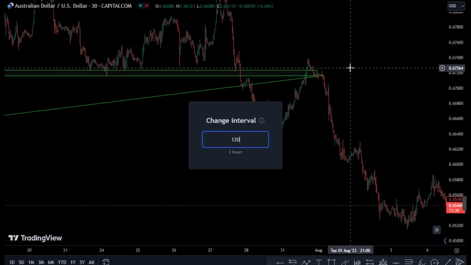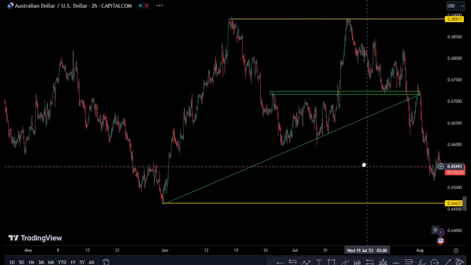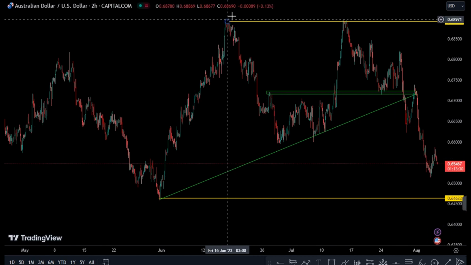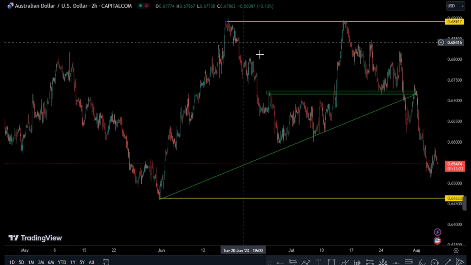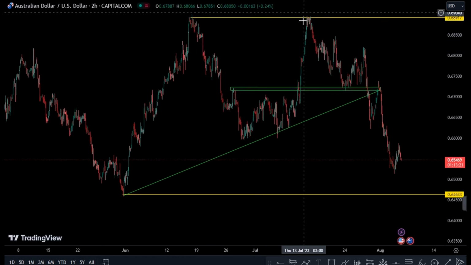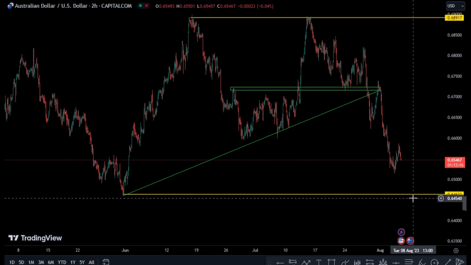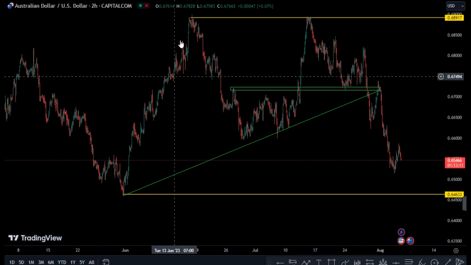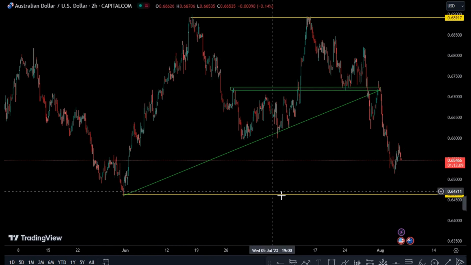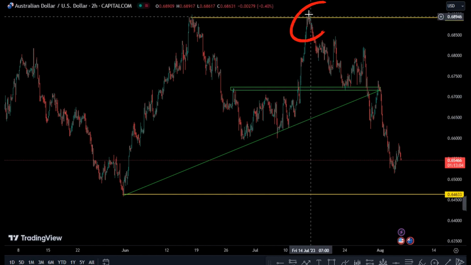From a technical point of view, you can see that this market, as I always say, was coming from this significant area, and I always say that the market simply is moving in between two significant zones, and we capitalize on either the reaction to one of those zones or the continuation movement as it is approaching the other significant zone. So we can see that initially we came from this support structure, we pushed to the resistance level, we never came back to this support, we ended up reversing back,